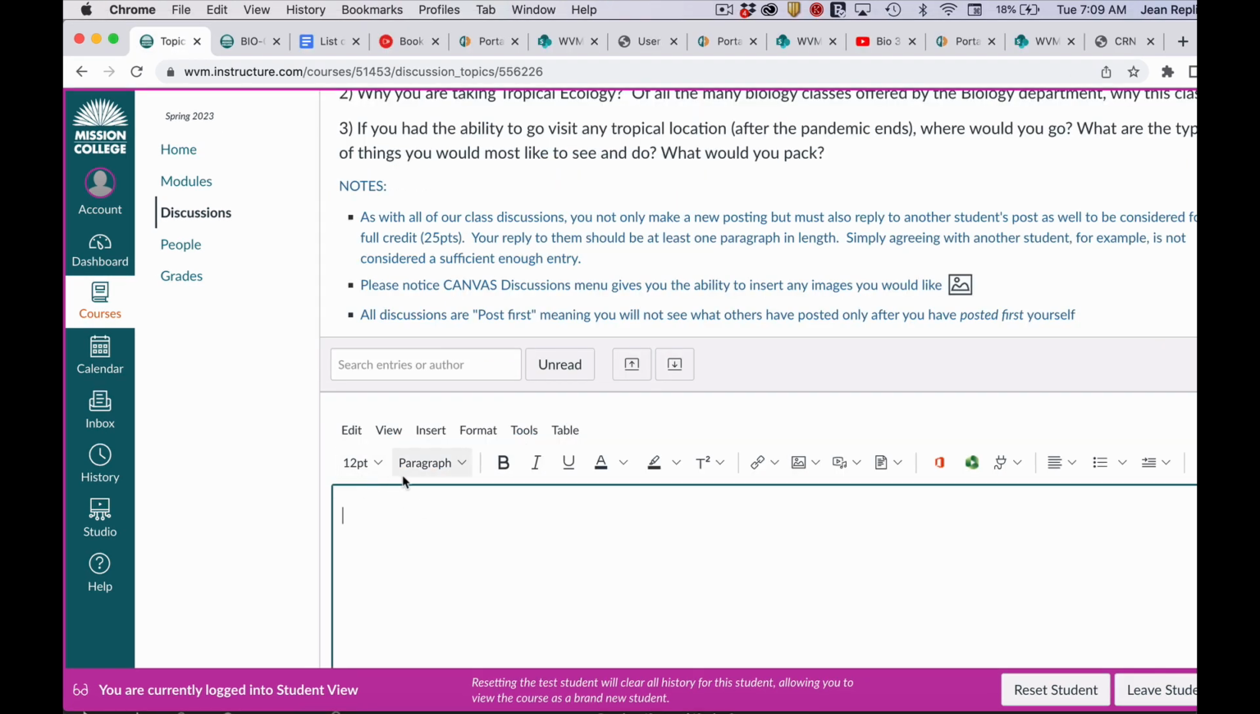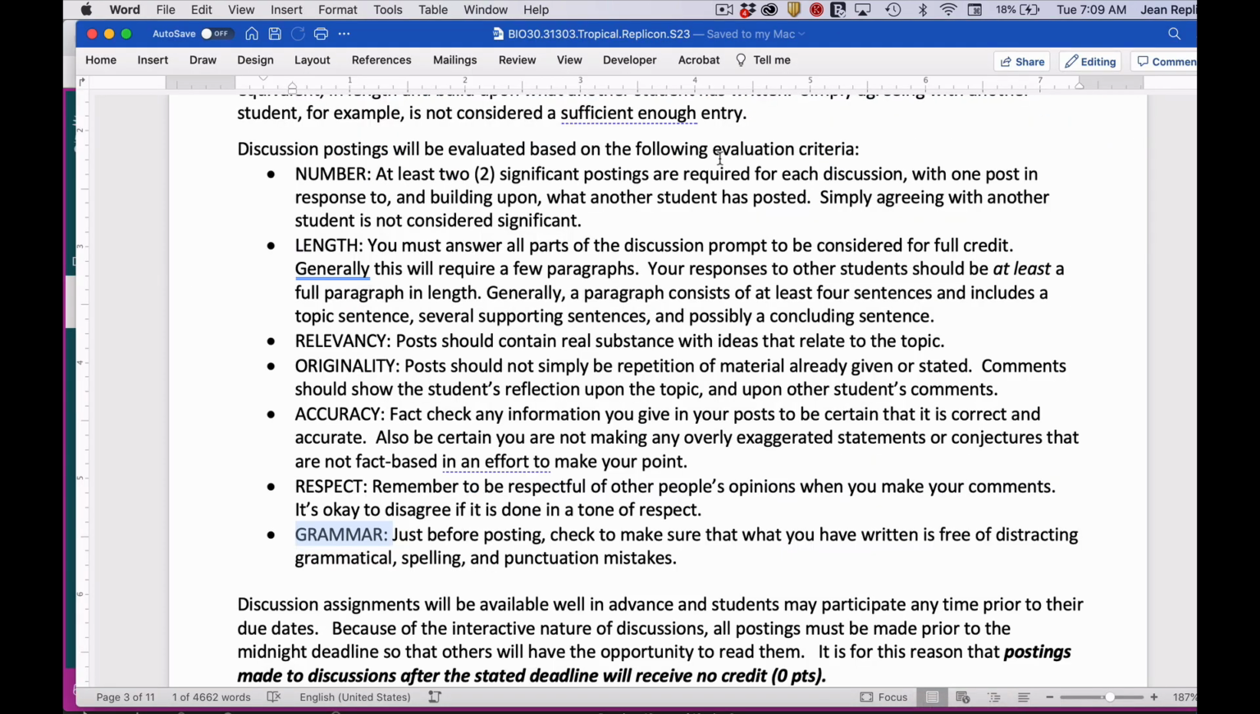So please know that you can use different fonts and images if you want to in your discussion. Really make it your own. So what am I grading on? Let's take a look at this